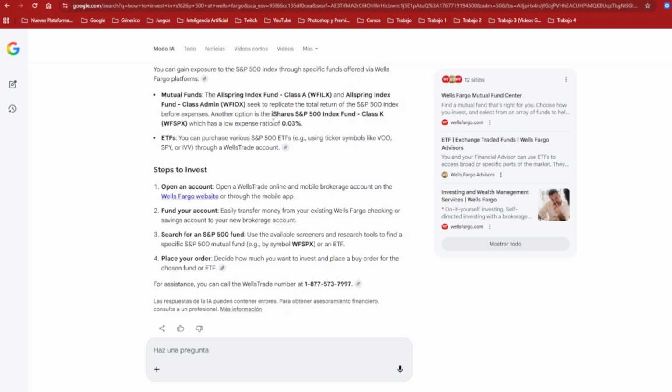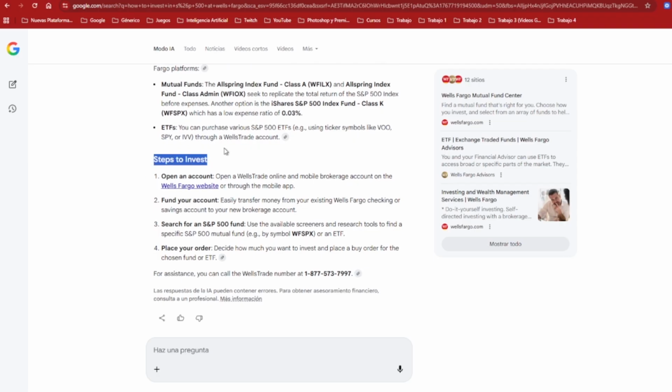Another option is the iShares S&P 500 Index Fund, Class K, which has a low expense ratio of 0.03%. You can purchase various S&P 500 ETFs through a WellTrade account.